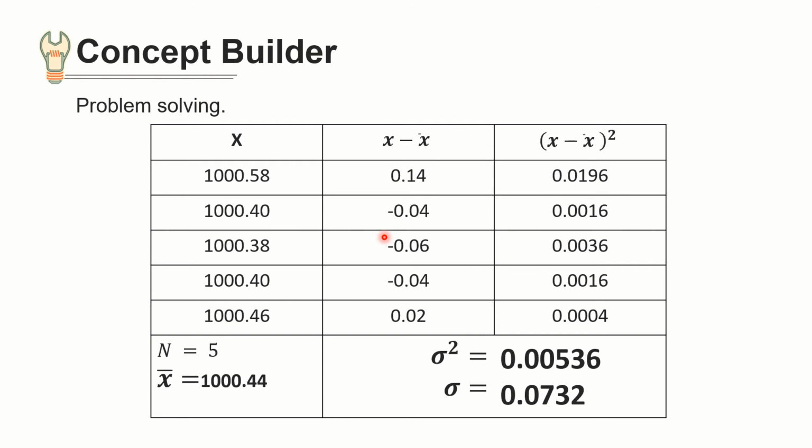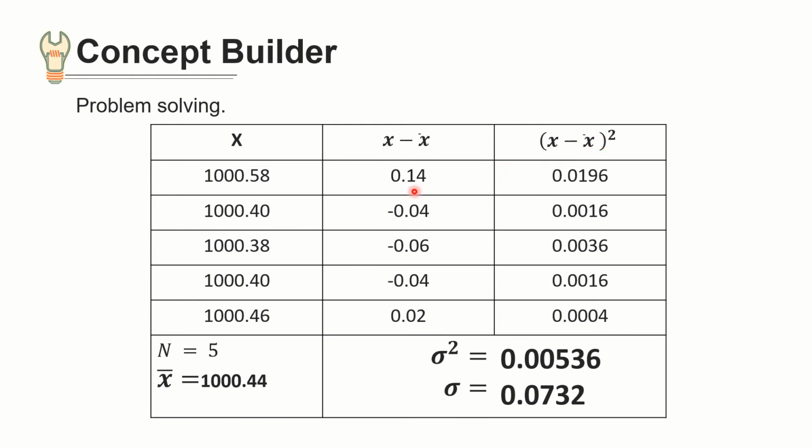And then 1,000.38 minus 1,000.44 is equal to negative 0.06. And then 1,000.40 minus 1,000.44 is equal to negative 0.04. And then 1,000.46 minus 1,000.44 is equal to 0.02. Next, we just square these values to get the square of the difference between the measured